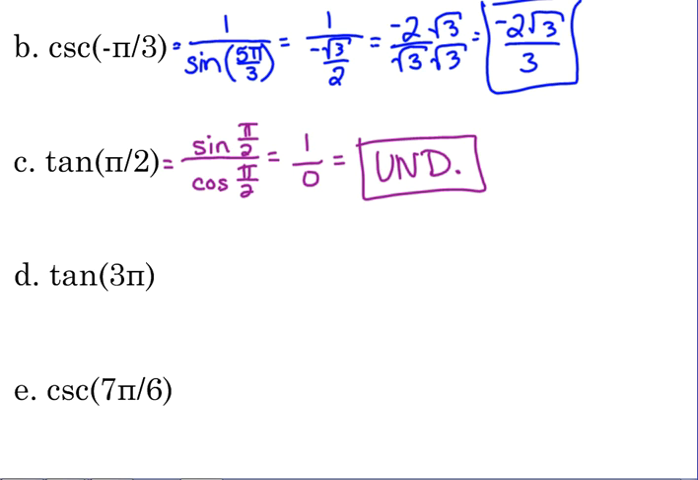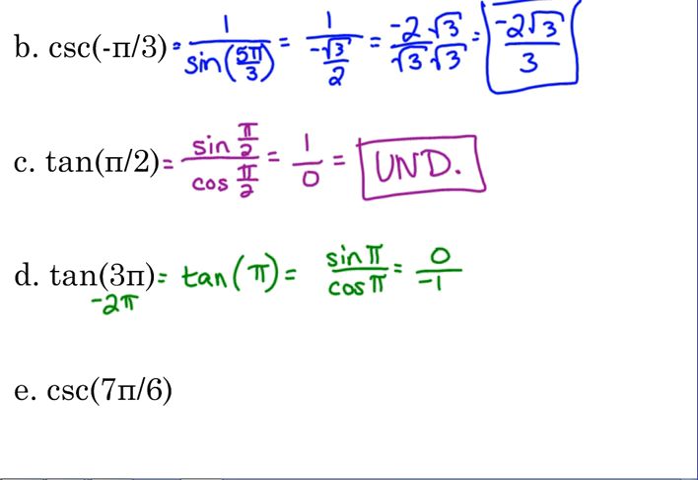All right, the tangent of 3 pi. Well, our unit circle doesn't go all the way to 3 pi, so that means we need a coterminal angle. So subtract 2 pi. Sorry, I'm messing up my colors. Subtract 2 pi, so that's the same as the tangent of pi. So that's the sine of pi over the cosine of pi. Pi is the point over there on the left. So the x value is negative 1. The y value is 0. So it's 0 over negative 1, which equals